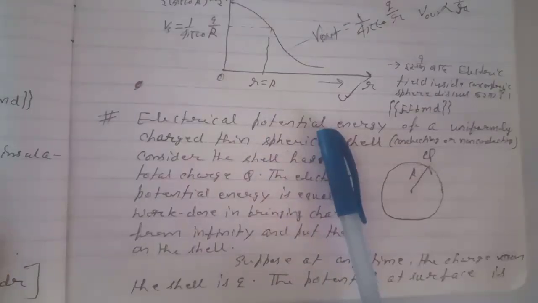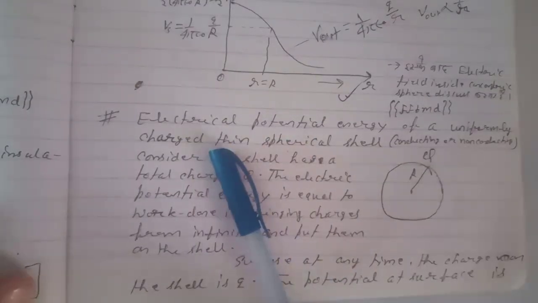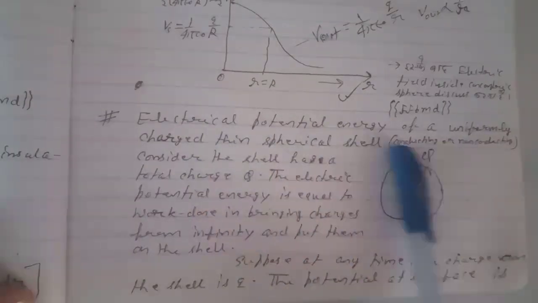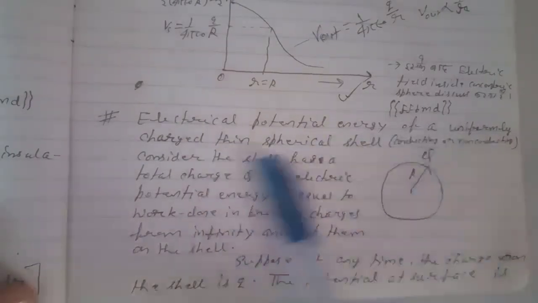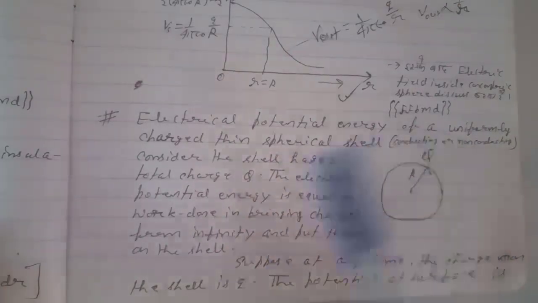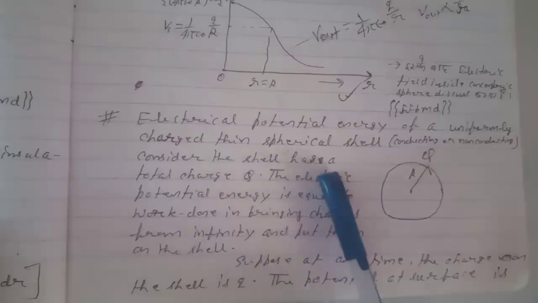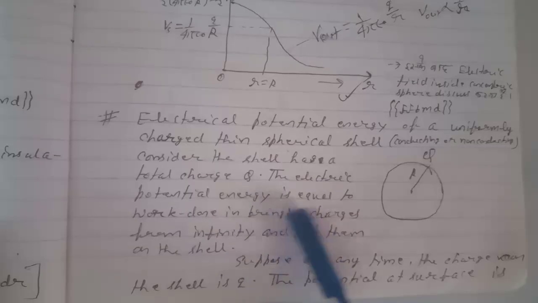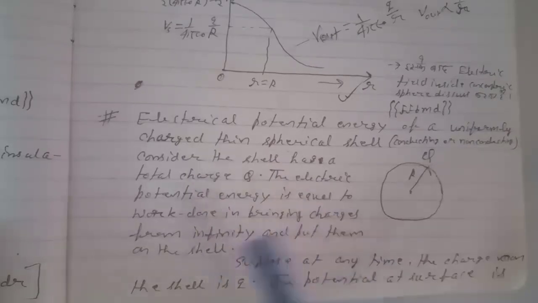Electric potential. Today I will talk about the electric potential energy. Now, electric potential energy of a uniformly charged thin spherical shell, conducting or non-conducting. Consider the shell has a total charge Q. The electric potential energy is equal to the work done in bringing a charge from infinity and putting it on